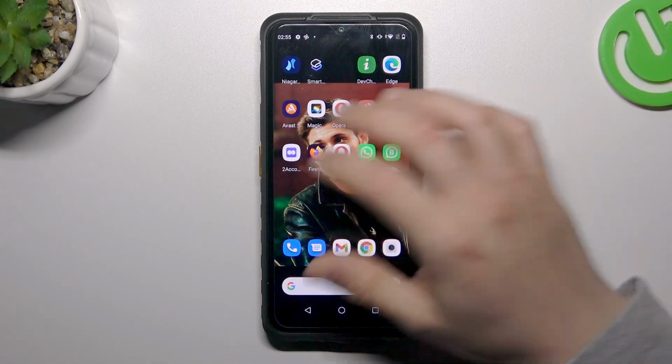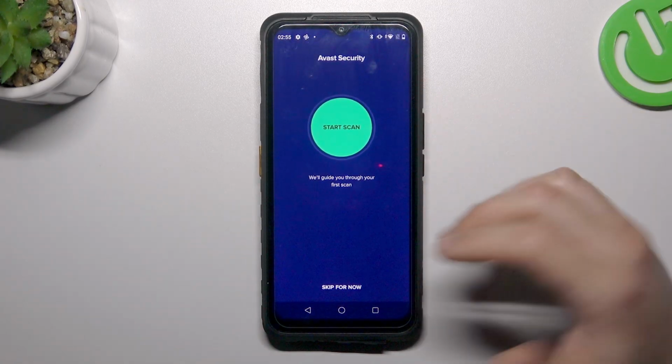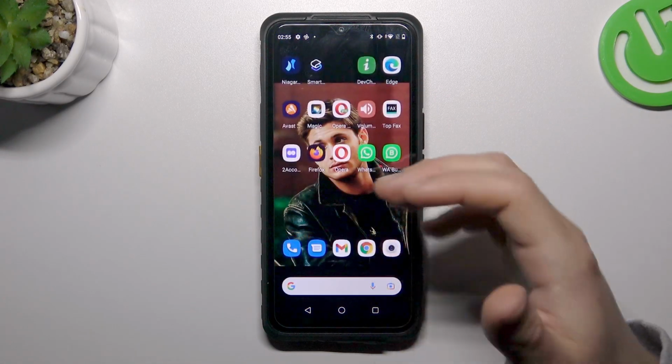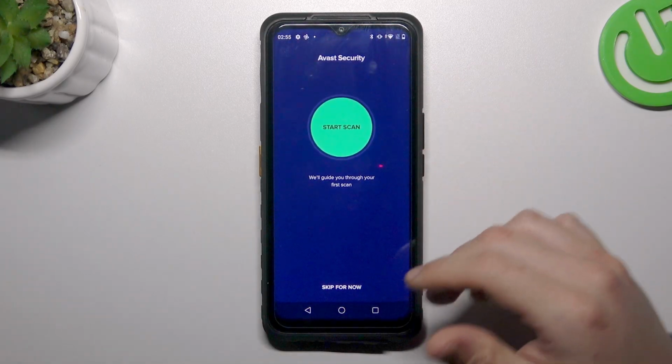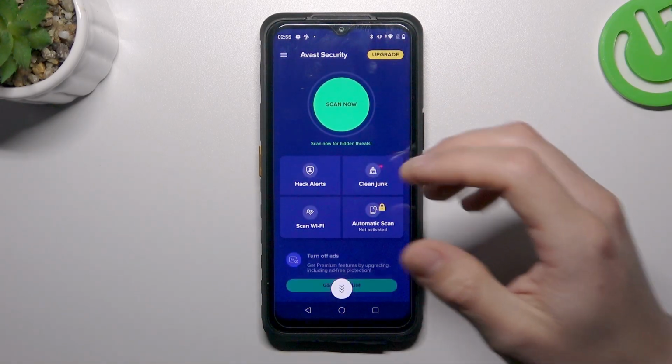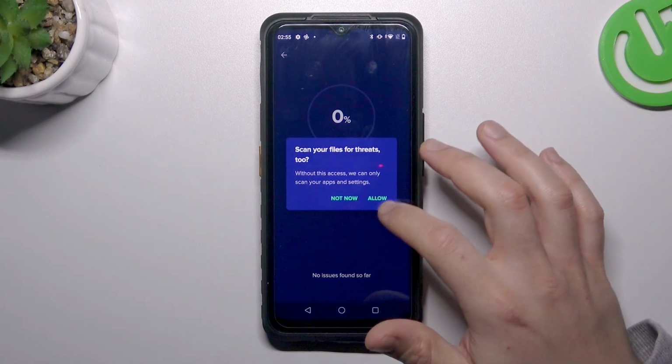But if that way doesn't work for you, we can also try to download an antivirus app. So go to the Google Play Store and look for the best antivirus app for you. I'm using Avast, so in this app we just have to tap on the big scan now button and allow